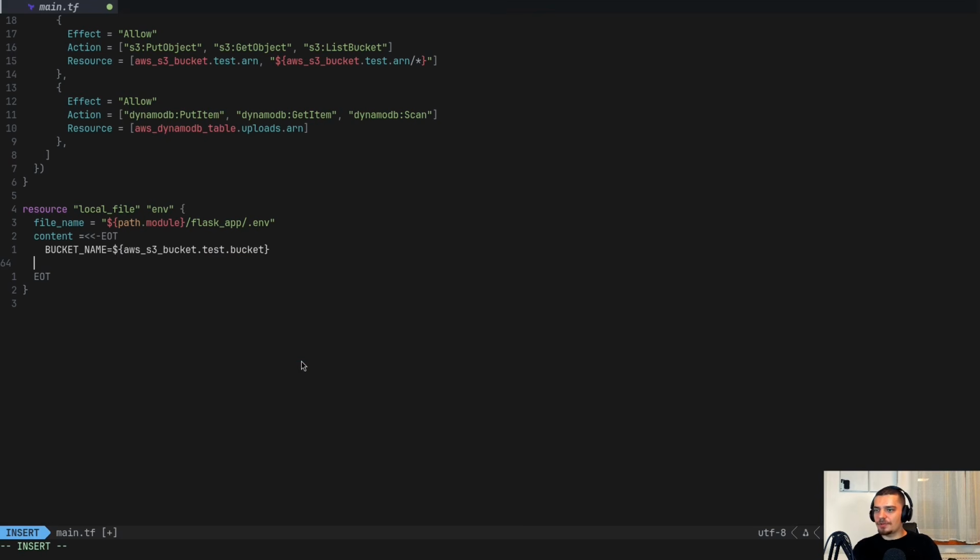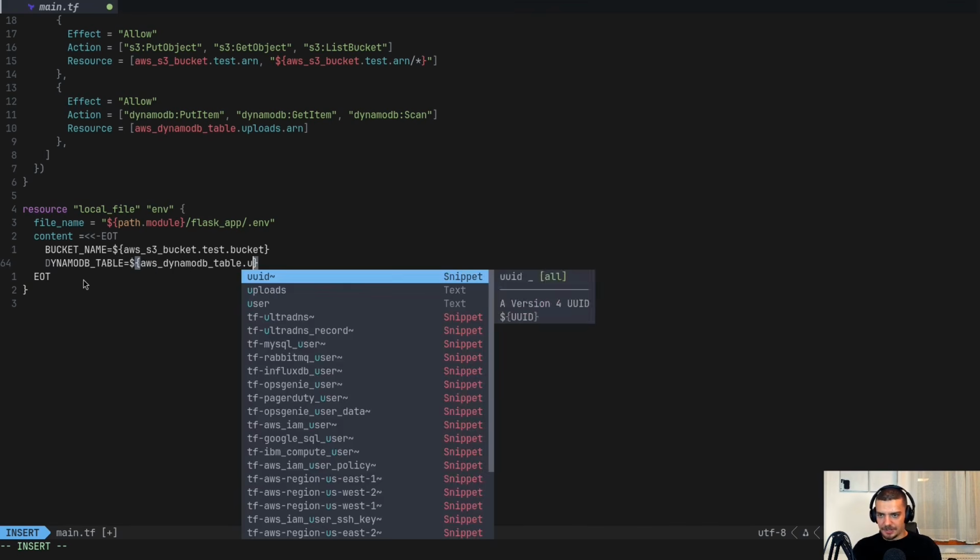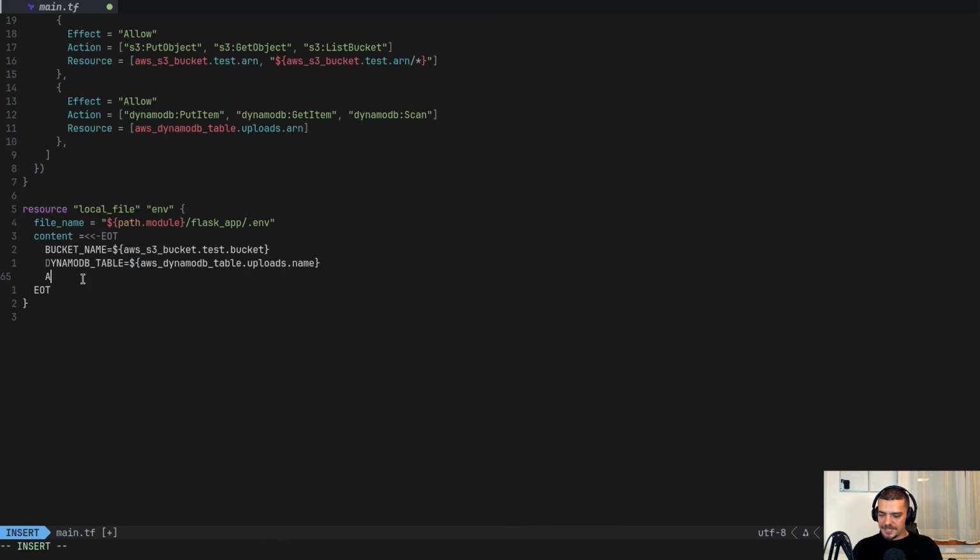And I do that now for all the relevant things that are going to be used in the Flask application, which we have not created yet, but I know what's going to be needed. So bucket name is one. Another one is a table of the DynamoDB. So DYNAMODB_TABLE is going to be equal to aws_dynamodb_table.uploads.name. Then we need the AWS access key ID. That is going to be part of the access key that we have.